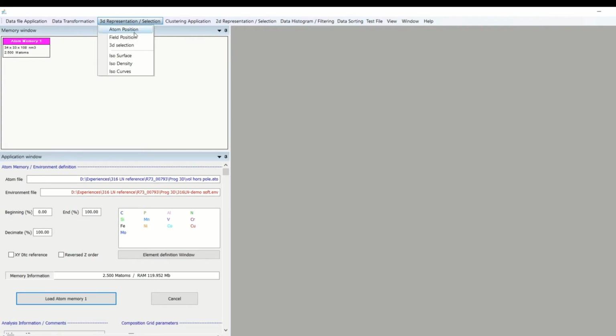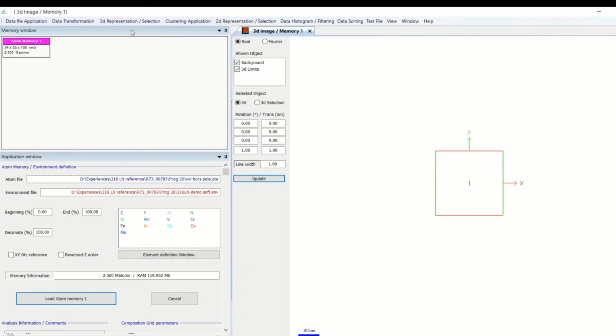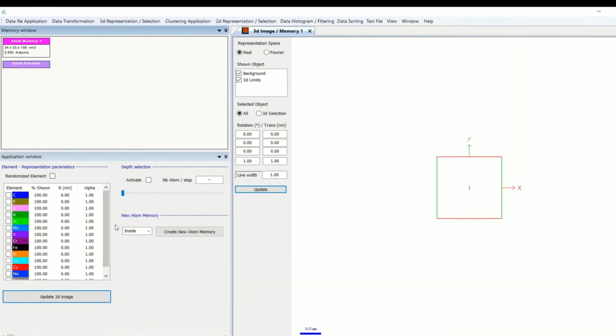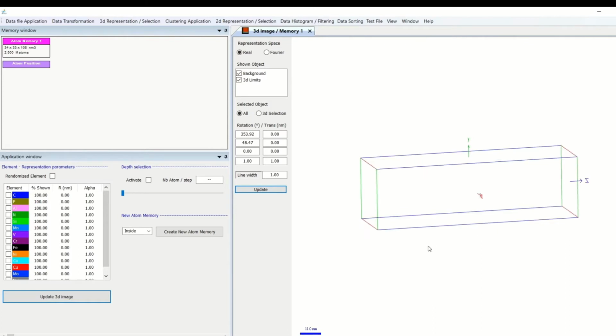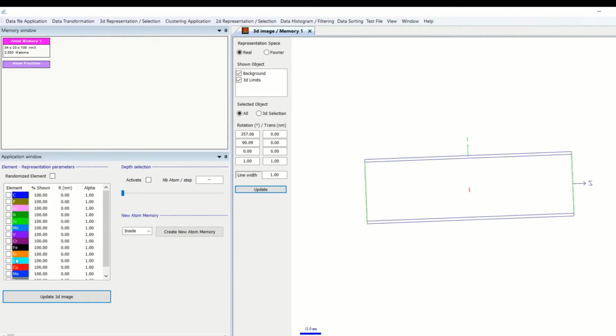For example, if I just want to represent the volume, this is a 316 austenitic stainless steel analyzed with a LEAP 4000. I can choose which kind of atom I want to represent here, for example, manganese.